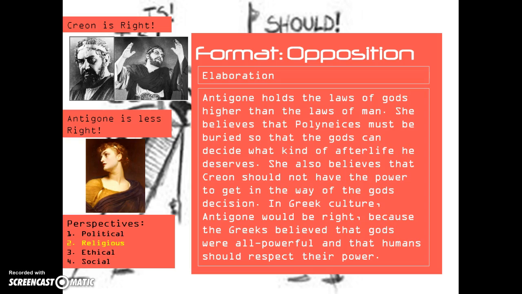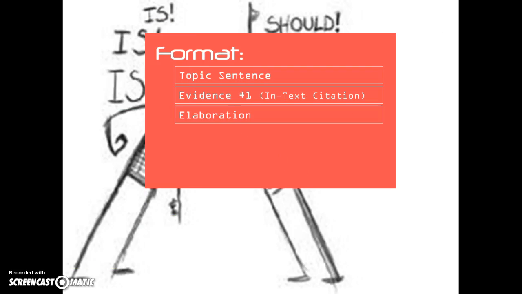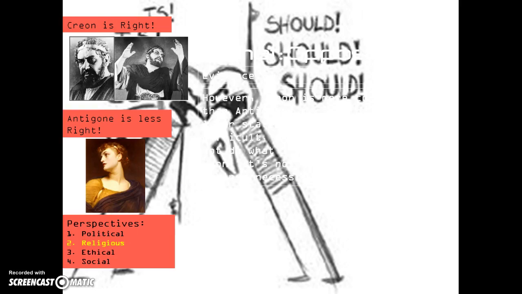Now, if I stopped here, I would just be proving that Antigone is correct. What I want to prove is that while she's correct, Creon is more correct. So to do that, I need to move on to my second piece of evidence. And for that, I write,